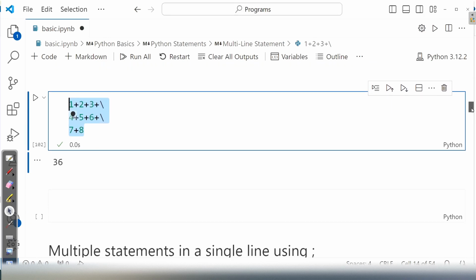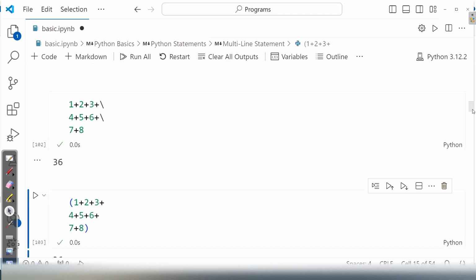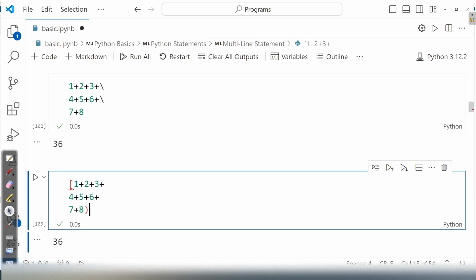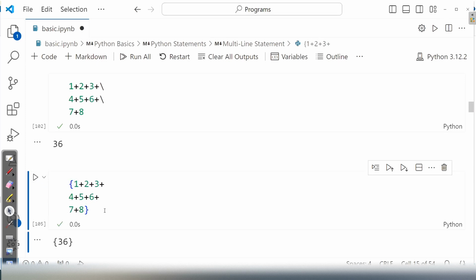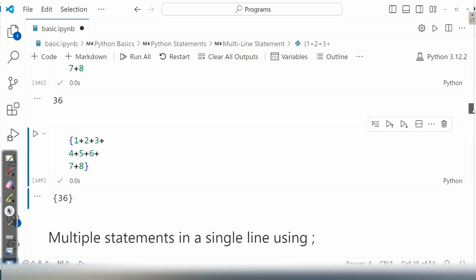We can also use parentheses instead of the line continuation character. So instead of this line continuation character, if you use the parentheses, that is, the statement within the parentheses, it still gives you the answer. Of course, you can use the parentheses. You can also use the square brackets. But if you use square brackets, the output will be within the square brackets. You can also use the braces or curly braces. The output will be within the curly braces. Okay. So we can have a single statement or a statement which can be extended over multiple lines,